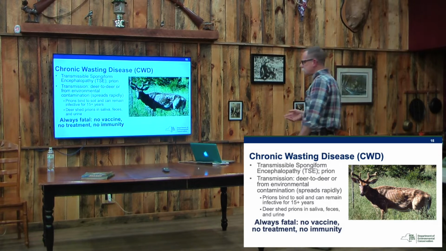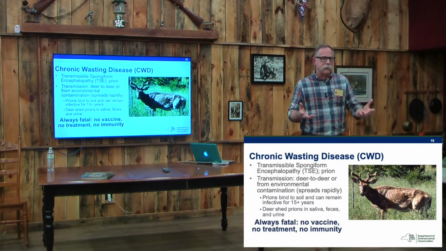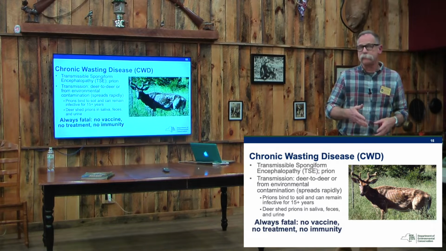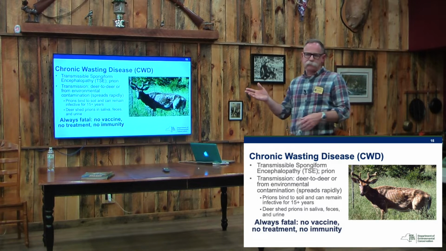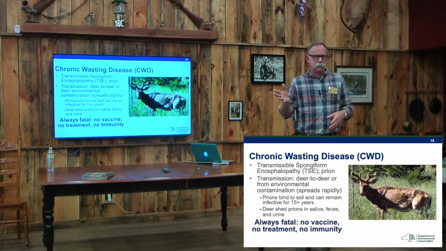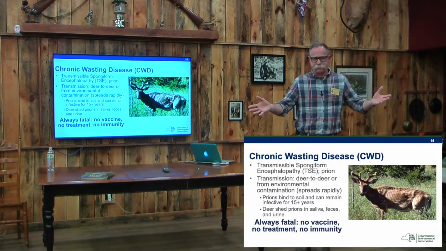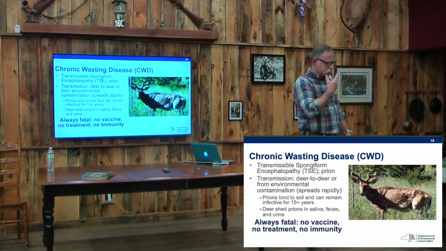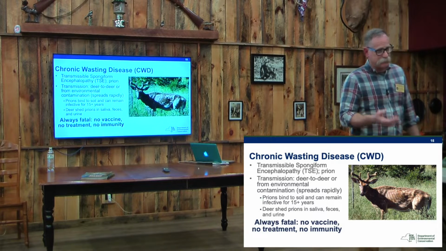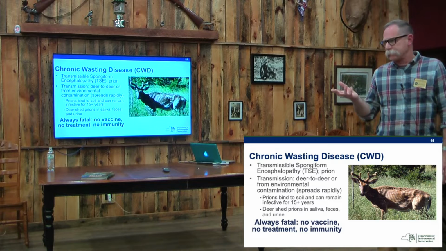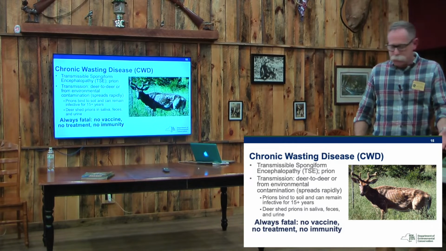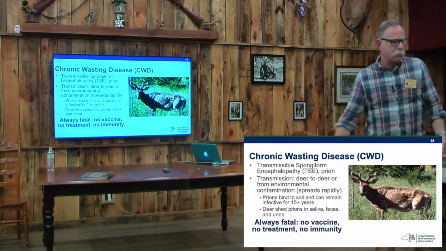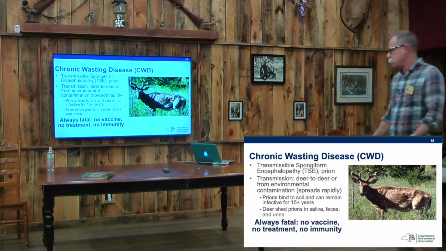Anyway, based on what we know about scrapie, which is another prion disease and probably the progenitor, the grandfather of CWD, we know these prions can last for 15 to 16 years in the environment, just sitting there, and they can still be infective. Deer shed these prions once they're infected, in their saliva, their feces, and their urine. So they come out wherever they poop and pee. If there's prions in there, those prions are there for potentially 15 years, waiting for another deer to come into contact with them, and it can start the whole thing over again.